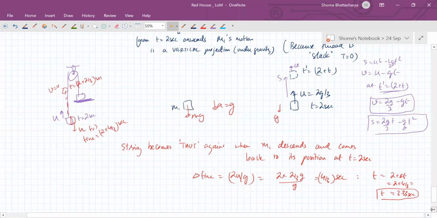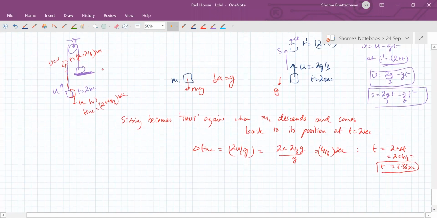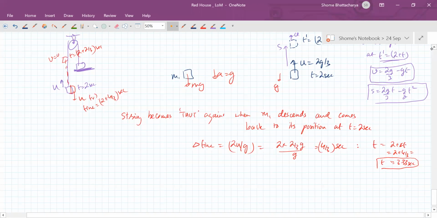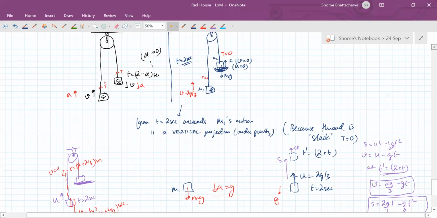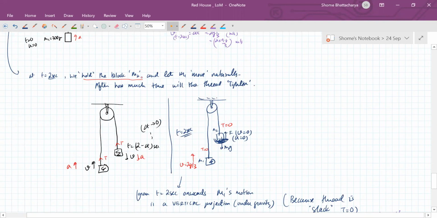Okay, so no, wait. This is a different question. Okay, this is not this question. Here we are holding this block, but in the HC Verma question, they are not holding the second block. They are just stopping it and then releasing it. So that's a different thing altogether. So it is stopped for a moment and then released. So now the second block is also moving. So this is a different question. Okay. This is not question 23. This is another question where what is happening is that we hold the block M2. So I'm assuming it's being held continuously.